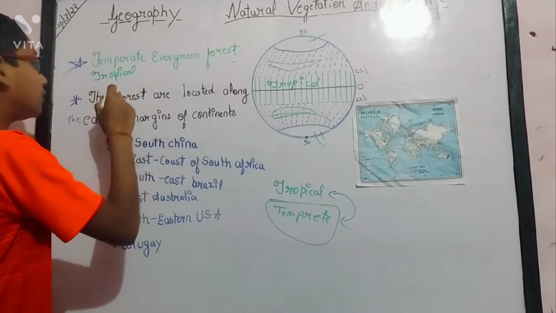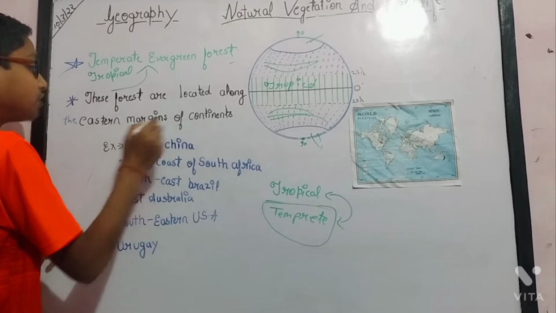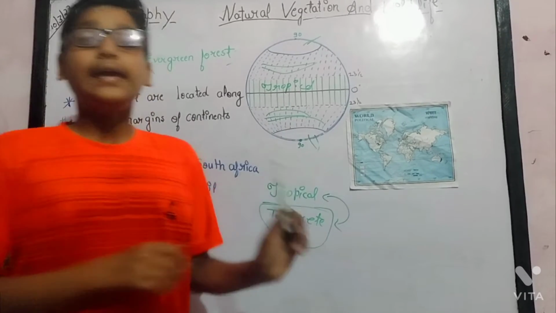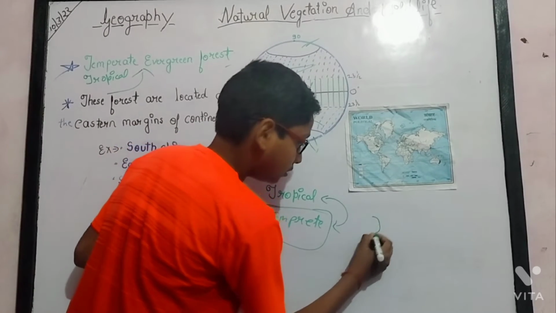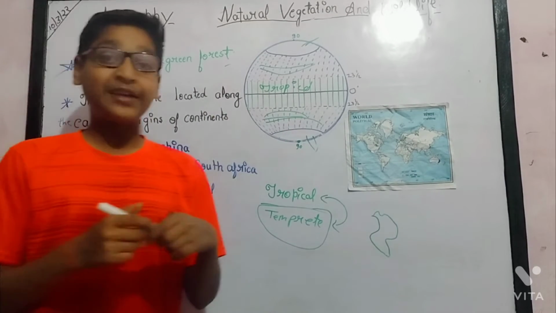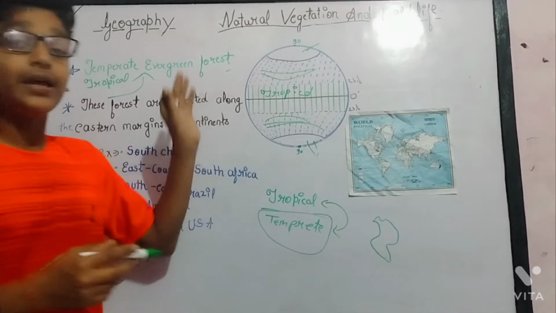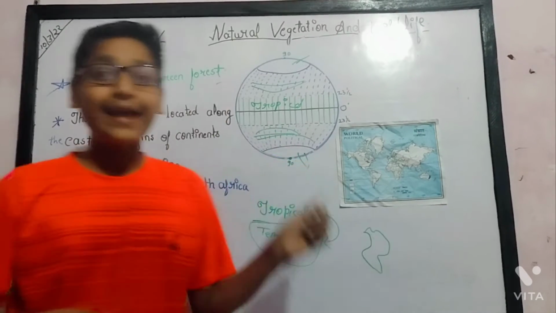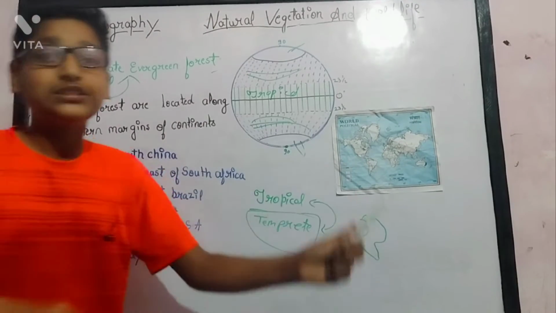These forests, meaning the temperate evergreen forests, are located along the eastern margins of the continent. Means if there is any continent, like I have roughly drawn North America, these forests will be situated on the eastern part or coastal areas. It is not compulsory that these forests lie only in coastal areas. Some of the forests can lie in other places, but most of the forests lie in the coastal